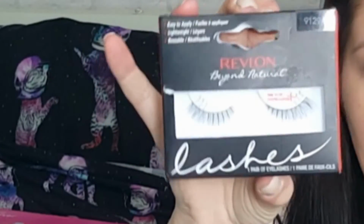I really like them. They're just so natural, so easy to wear, and because they've got an invisible band, they are so comfortable and really, really lightweight. They say lightweight, easy to apply and reusable, and they are all those things. I hate when lashes feel too heavy and weigh your eyes down, and these feel so comfortable, so I love those. And then I picked up the individual lashes from Primark for £1